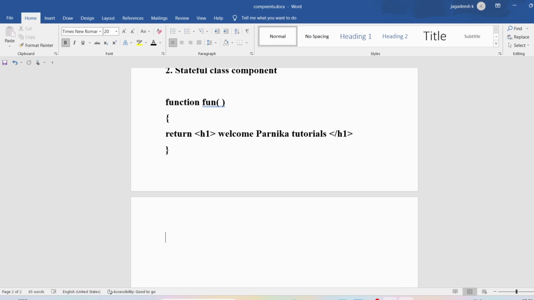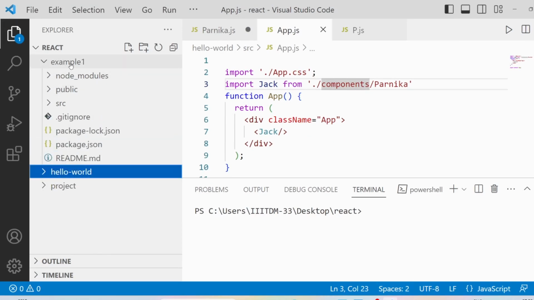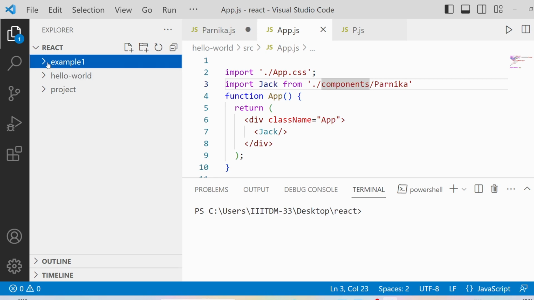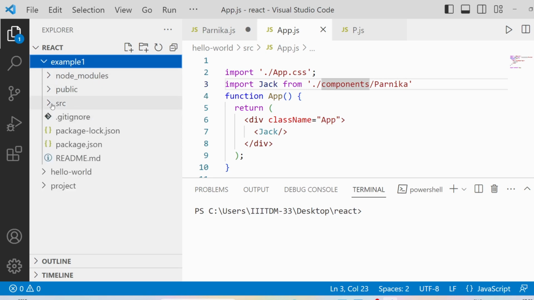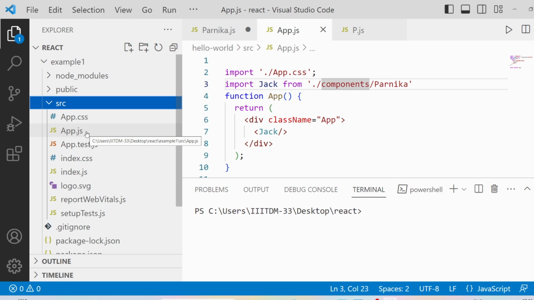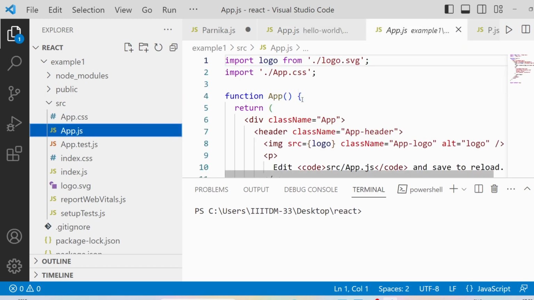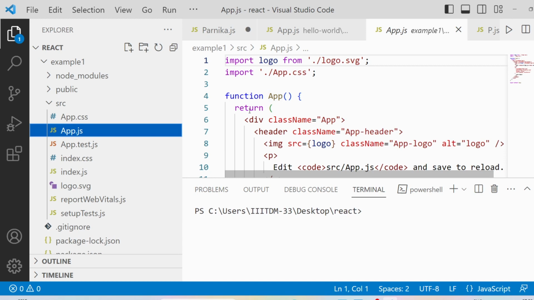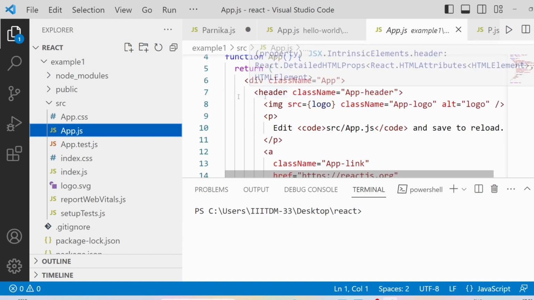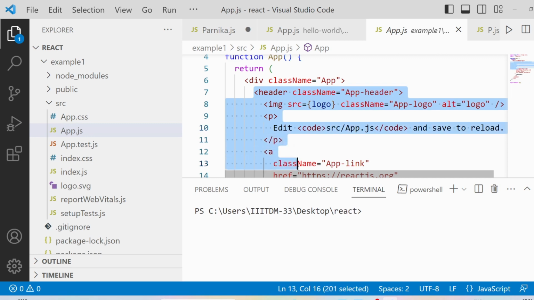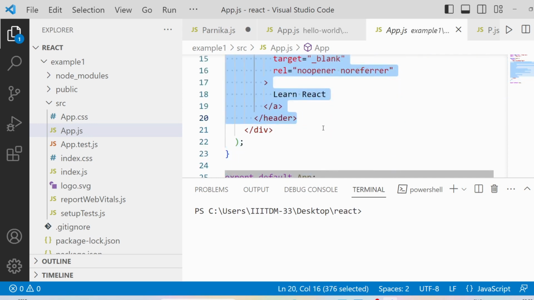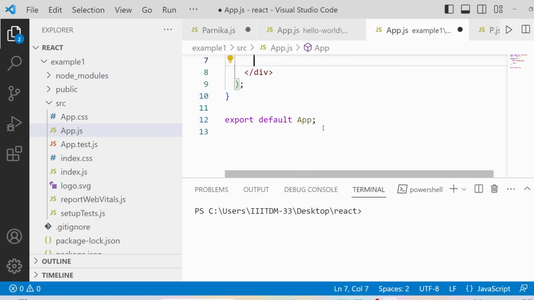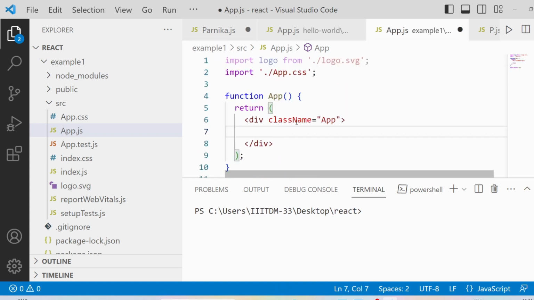Let me go to the Visual Studio and then I will go to a project called example1. In this project, I will go to the src folder and then I will go to the app.js. What the app.js represents? It represents the app component. In this one, you can look at here, we have the function called app which is returning some HTML code. What I will do is that I will remove the entire code except the outer div tag. So I will have only div, className is equal to app, and then I will have the close div